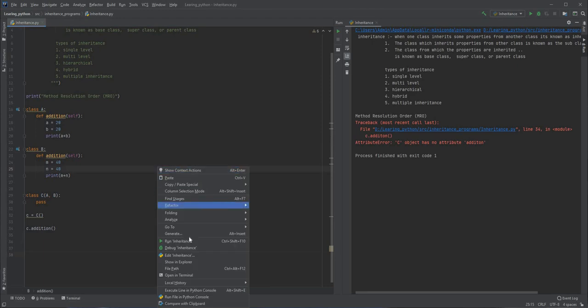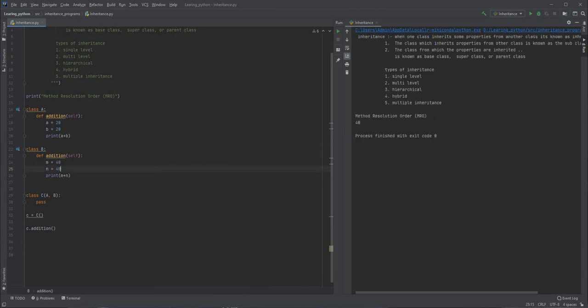Now let's run this. See guys, method resolution order: we are getting 40 as the answer, which means this addition function is invoked, not the other one, which would have given us 80.